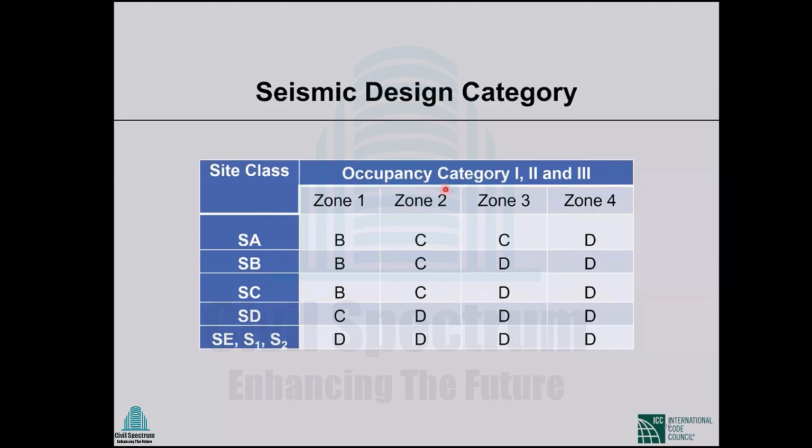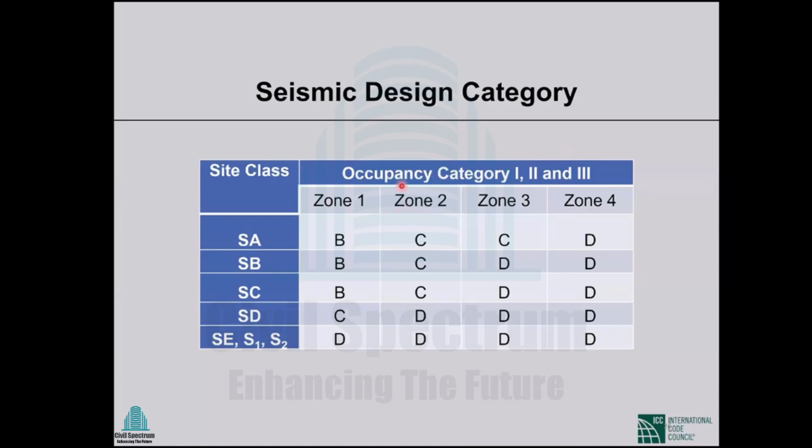Dhaka belongs to zone 2. Now, there are 3 seismic design categories: B, C, D. Why does it start from B? Because in ASCE there is another category A, which is not applicable for our case. So we have maintained consistency in the definition of the categories B, C, D, but we omitted A because that is not applicable in our case. So that's why it starts from B. Now, 3 design categories. What do they actually mean? I'll come to that later. But first, let's see how to choose which category you have to design a structure for.